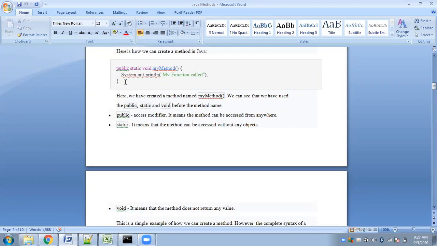Don't get confused with the two words, function declaration and function definition. Function declaration is the return type followed by the function name and the list of arguments that you will be accepting. That is the signature of the function, called the function declaration.